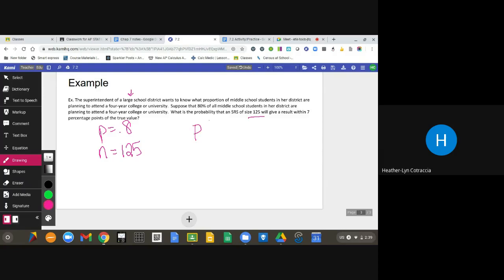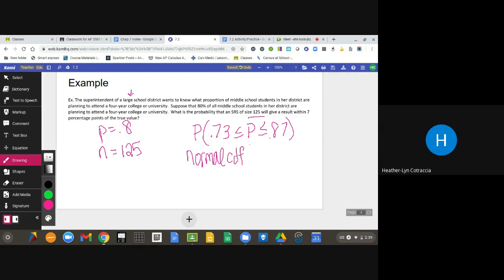So I want to know what my probability is of being between 0.73 or 73%, which is less than or equal to P, which is less than or equal to 0.87 or 87%. So that's my final step, is that I'm going to be finding that probability. Now, in order to do this, I want to be able to use a normal probability distribution. So we know that we want to use normal